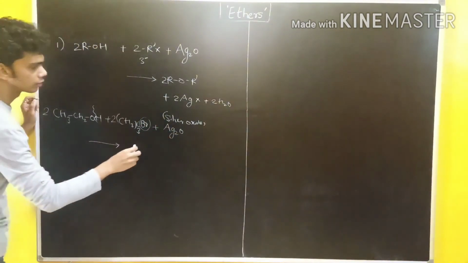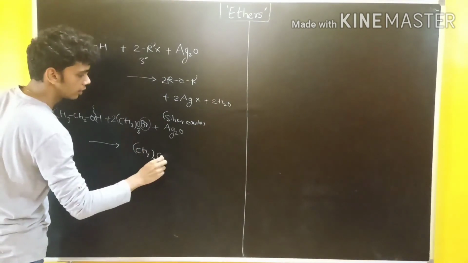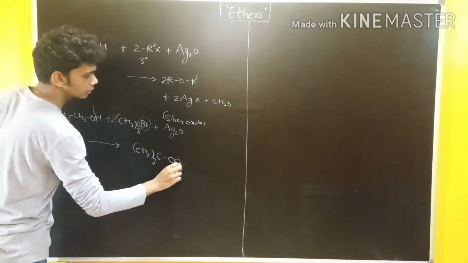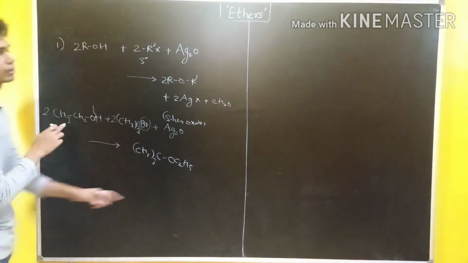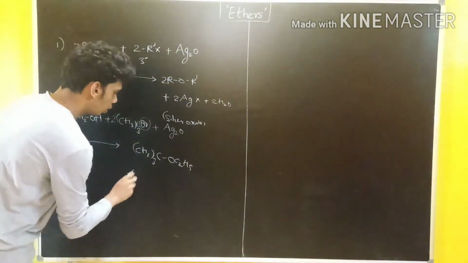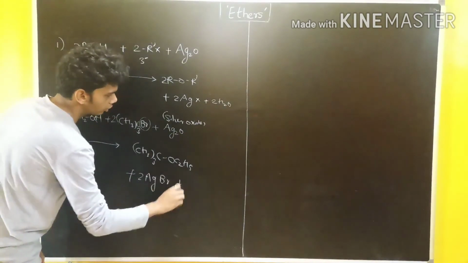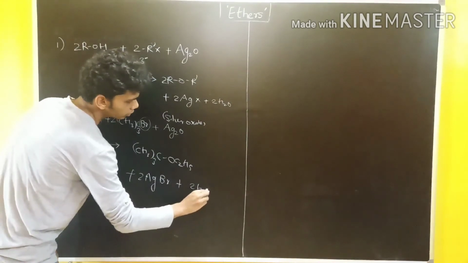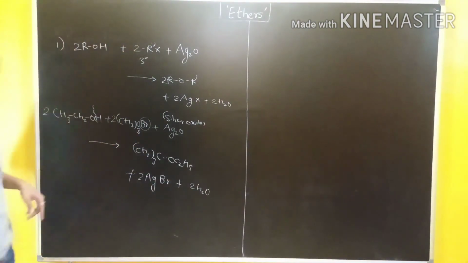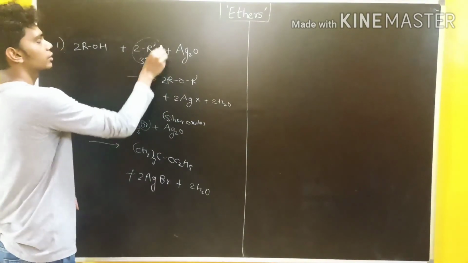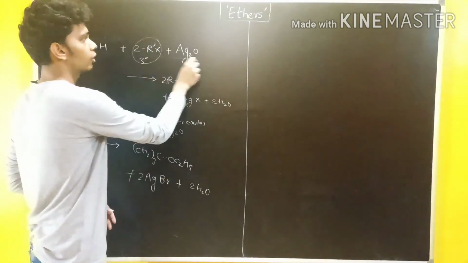So what is going to happen here is that the CH3 carbon attacks on this OC2H5. I have written CH3CH2 in the C2H5 format along with 2 AgBr and along with 2 water molecules. So this is the general format in which we can use a tertiary alkyl halide for the preparation of your ether, but along with what?